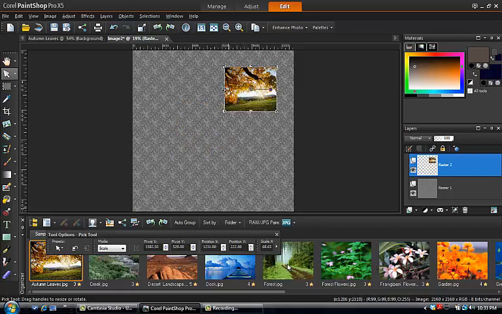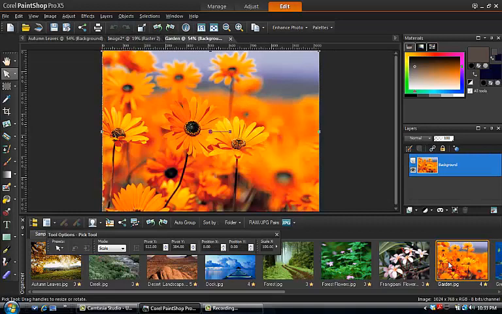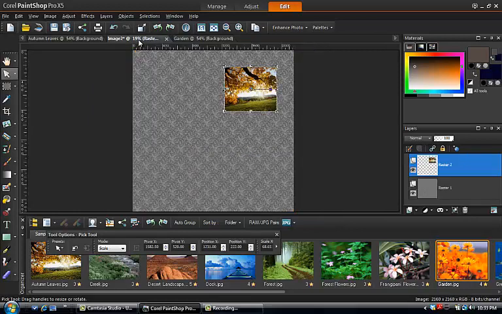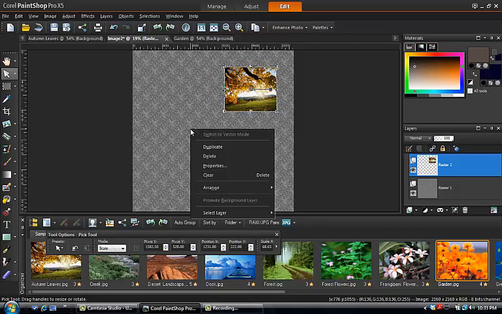and then I'm going to go down here and pick the flowers, and again Control C to copy. Go back to your scrapbook page and right click